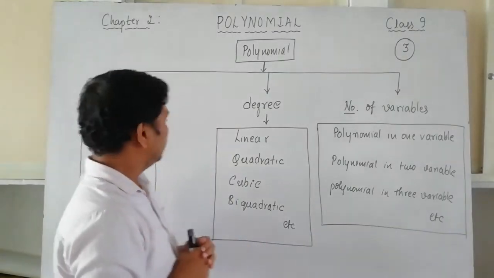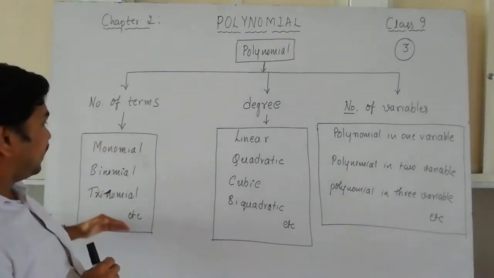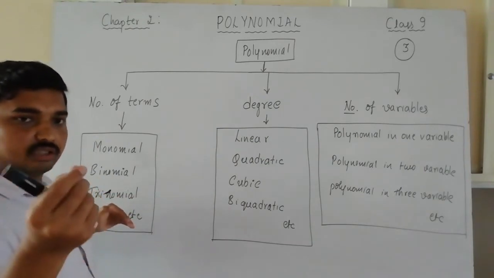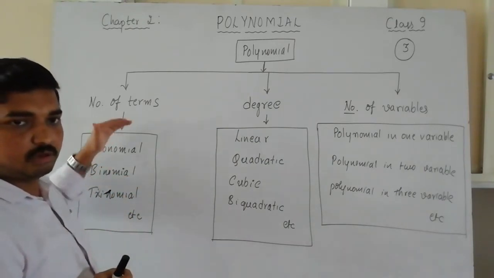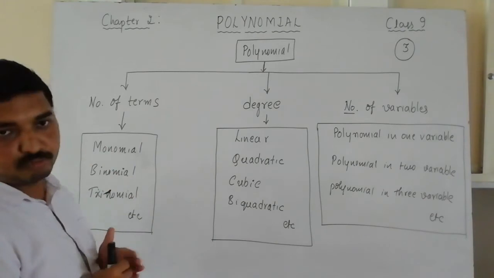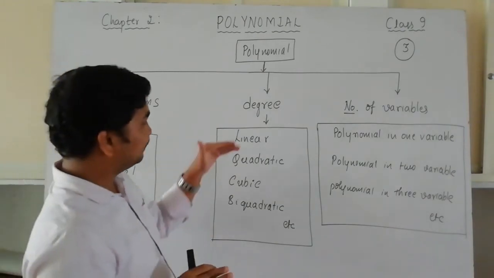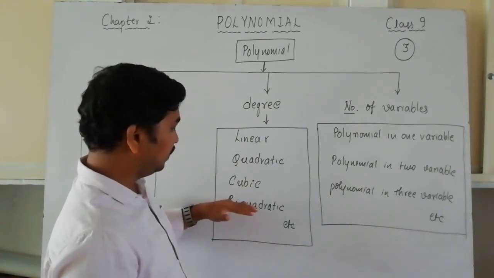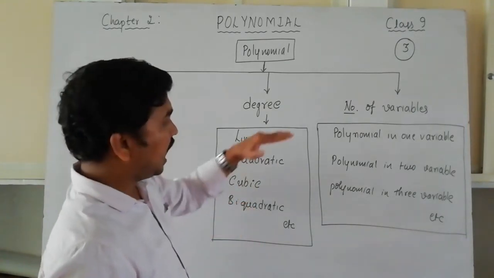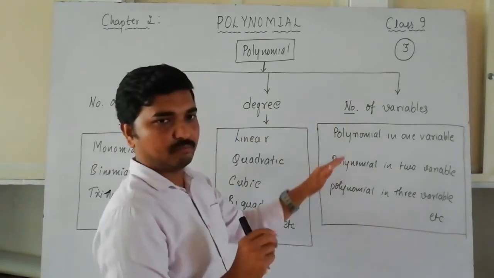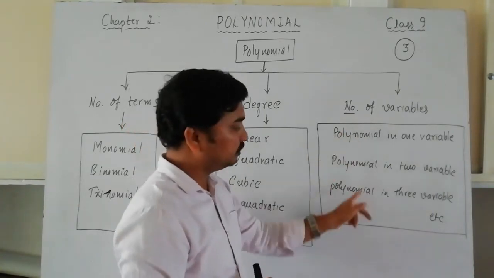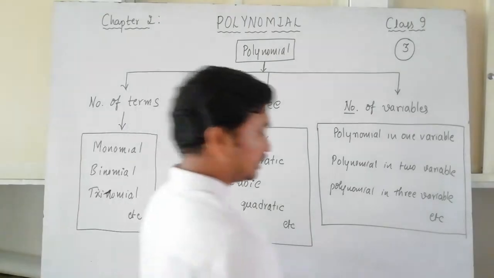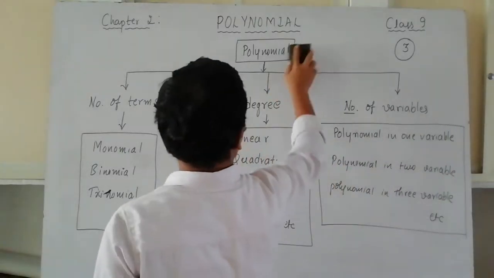Okay, so now I think it is very well known for you. Definitions are not needed because all of you know the definition of monomial, binomial, trinomial. But I have to give the definition for linear, quadratic, cubic. I am not going to deal with biquadratic. I want to give some information and examples related to these things. Now I will move on to the classification based on degree.